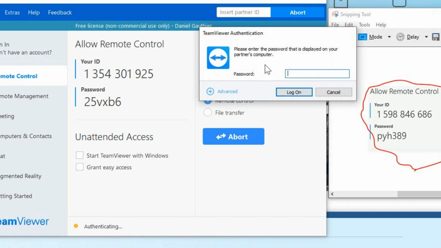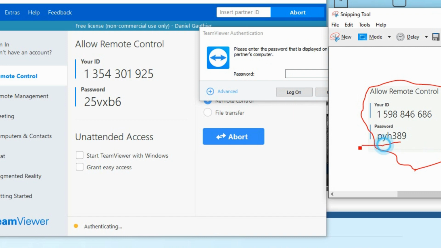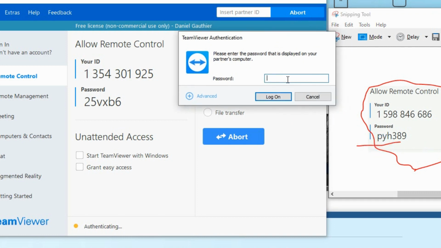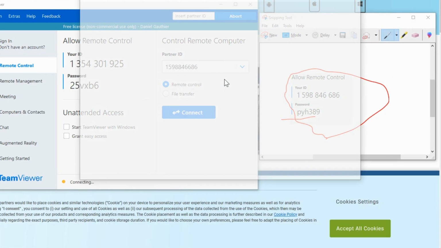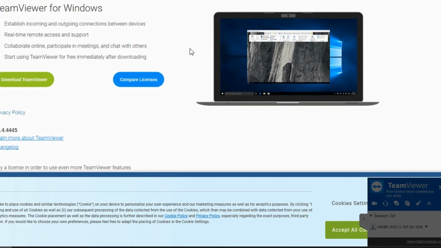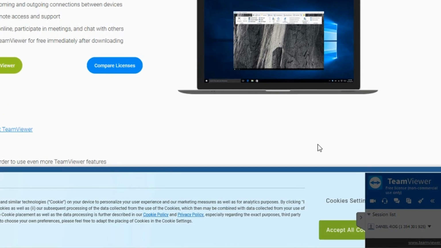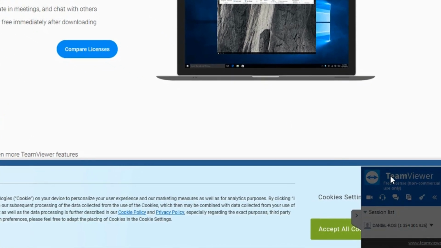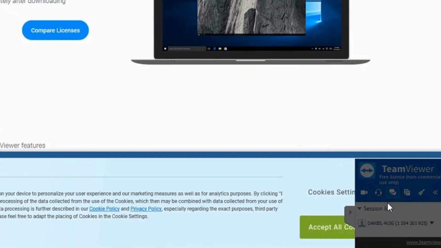And now it prompts us for the password. So we got to put in what this password is right here. And then we can log in. And now we've just logged into that computer. And it shows down here that the TeamViewer program is running.